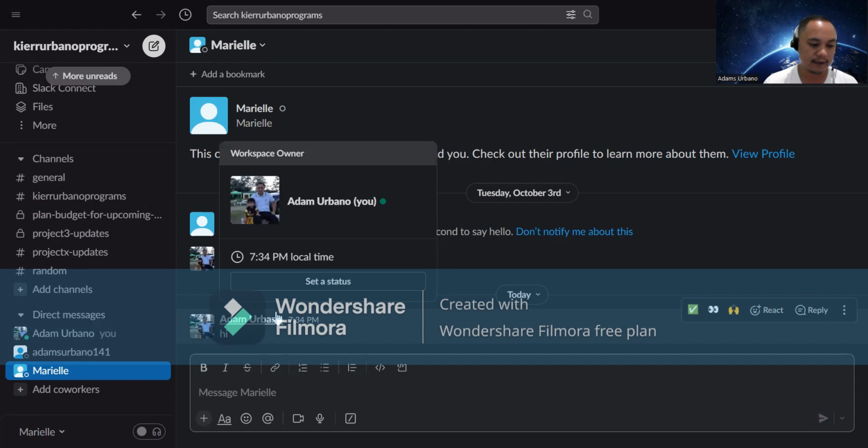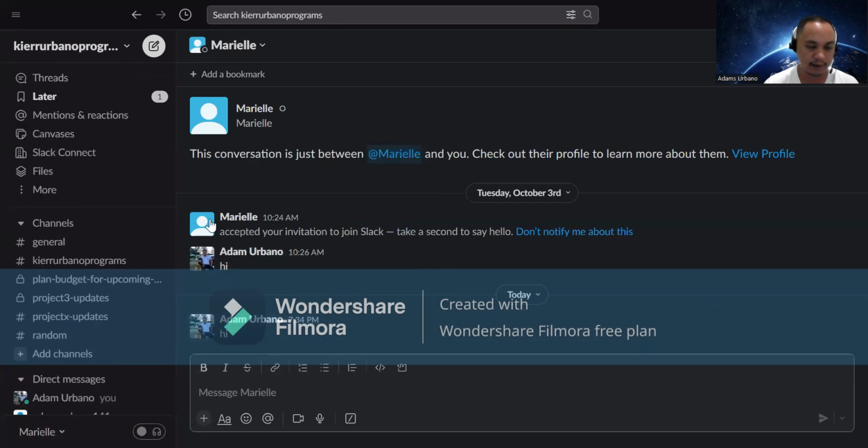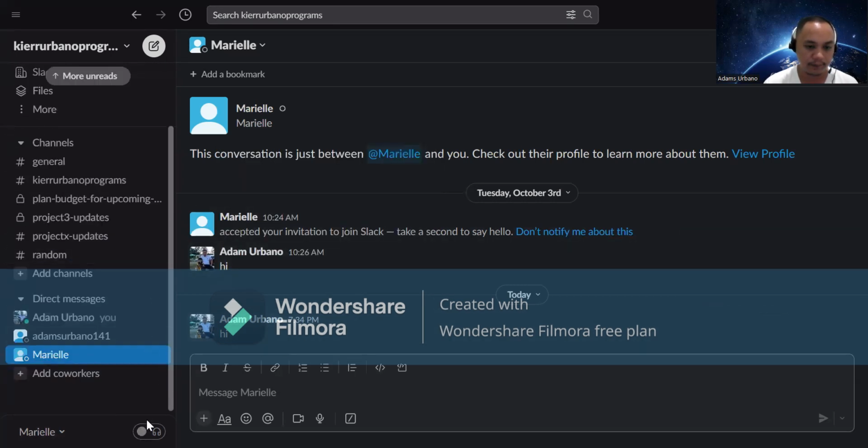Then, last but not least, is the huddle feature. It allows you to have a video call or audio call, whether a one-to-one or a group huddle, and multiple screen sharing. Just navigate your mouse to the lower left corner of your screen to start a channel or a one-on-one huddle by tapping the headphones icon. This one.